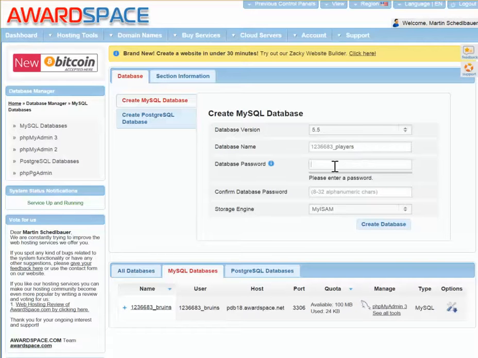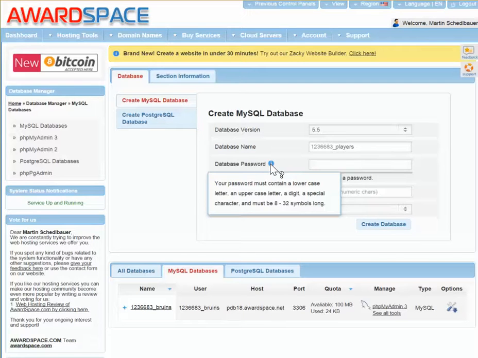So click on Players, then put in some kind of a password. You're going to have to put in a password that meets their password criteria. So if you don't know what they are, click over here. It has to contain a lowercase letter, an uppercase letter, a digit, and a special character. It has to be between 8 and 32 symbols long, so nobody can guess it and somehow on the web